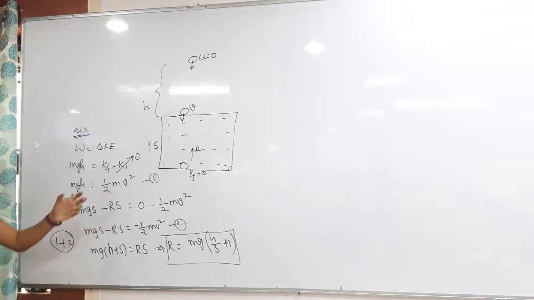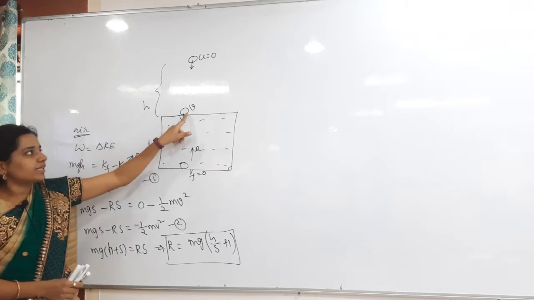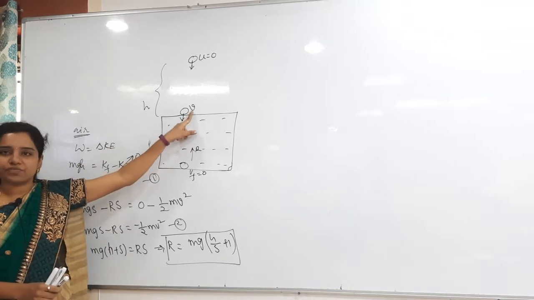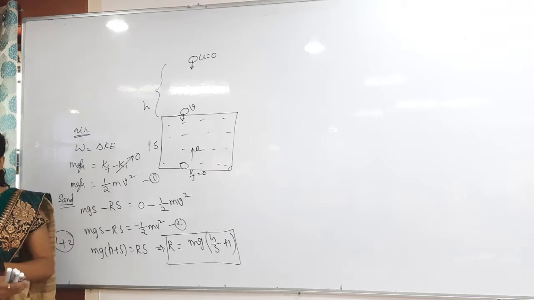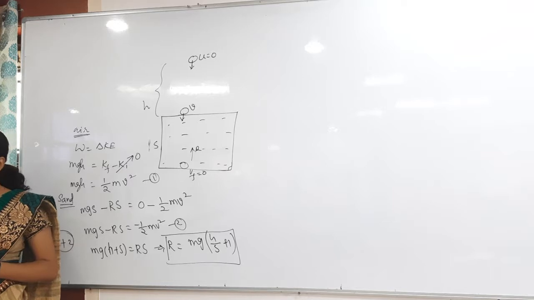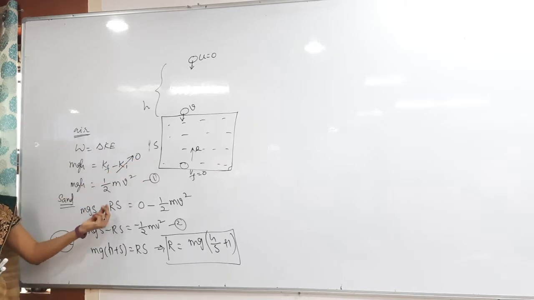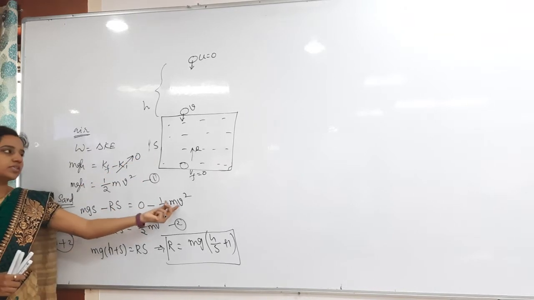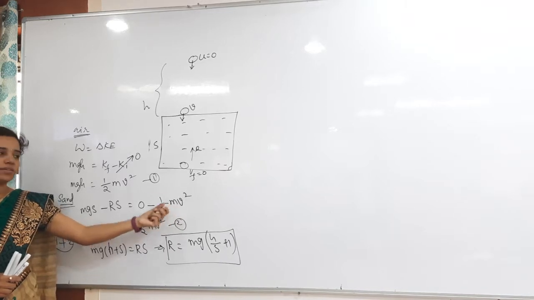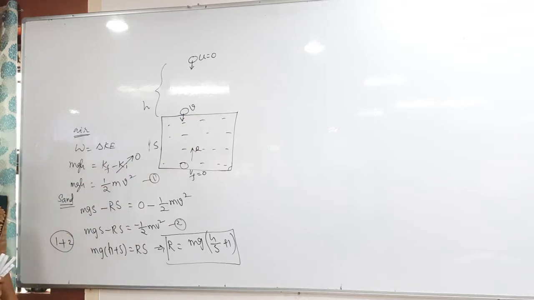Then the second stage, we calculate for the sand. In the sand, it enters with initial velocity v and the final velocity becomes 0. Here it is moving under two forces, gravitational force in the downward direction and resistance force in the opposite direction. So mg into the displacement s minus Rs is equal to minus half m v square. Why minus half m v square here? Final velocity is 0, but the initial velocity is v. Now I just added them and then I got the R value, that's it.